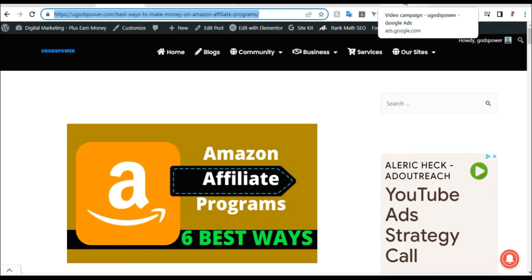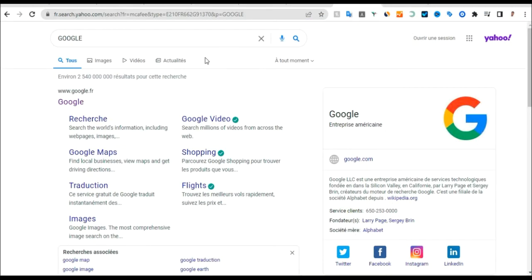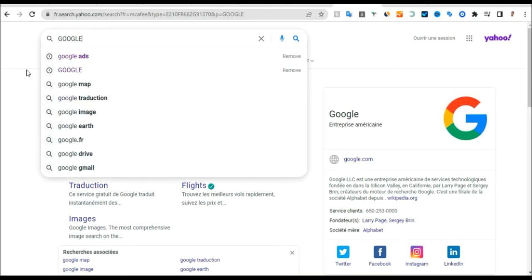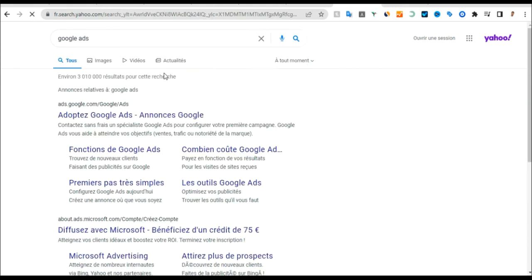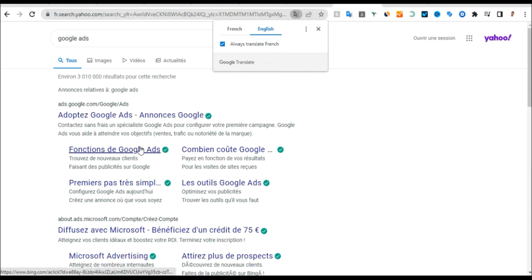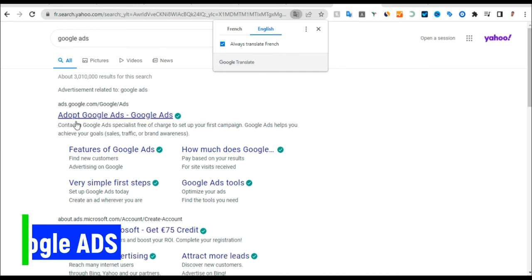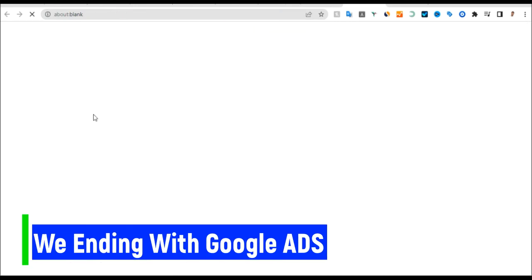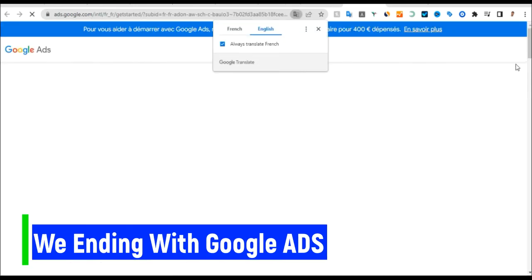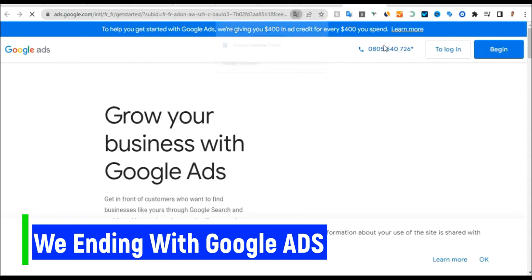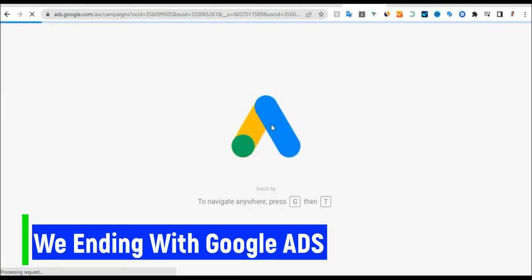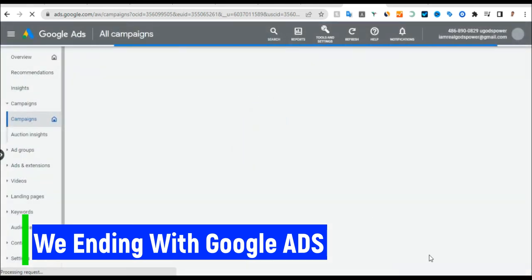So what you need to do, go back again to Google, and you have to search for Google ad. Search for Google ad again on Google, and you follow the instruction of what we did. You click on Google ad, and it's going to open up, and what you need to do is click on login, because you already have your account. Click on login here. So once you click on login, it's going to log you into your account. So when you open your account, what you need to do is